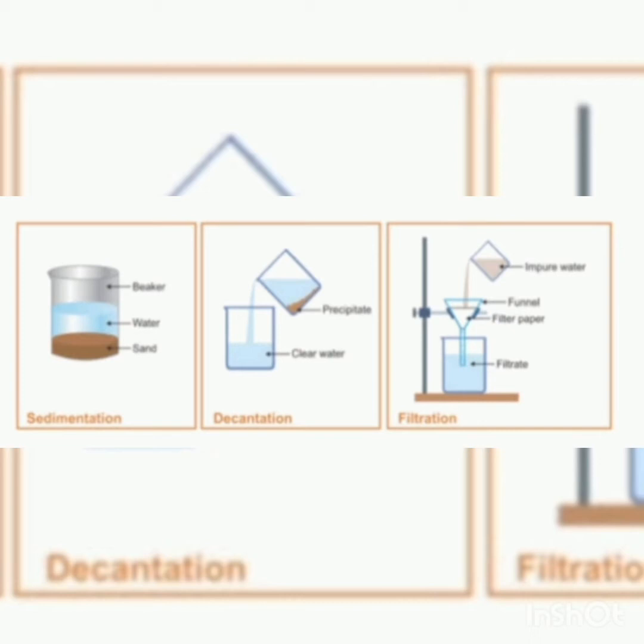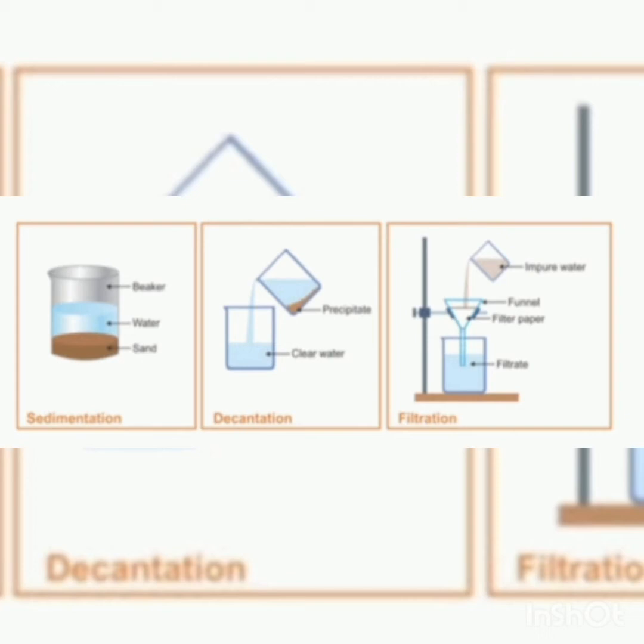Sedimentation and decantation processes are based on the weight of different components present in a mixture. It means there will be a difference between the weights of the components which are present as impurities in the liquids. On the basis of the weight differences, we can easily separate the impurities which are present in the liquid.